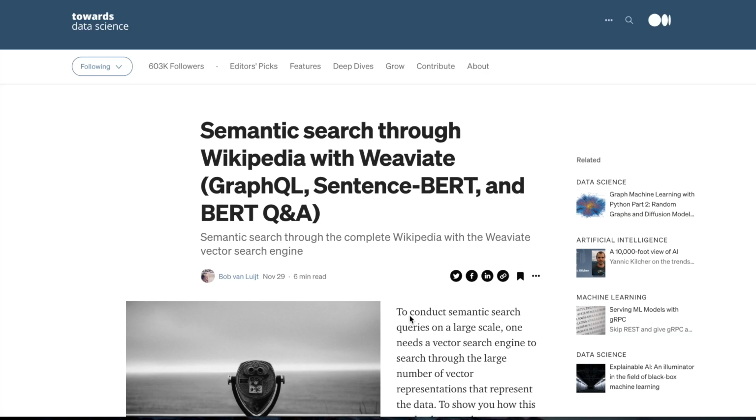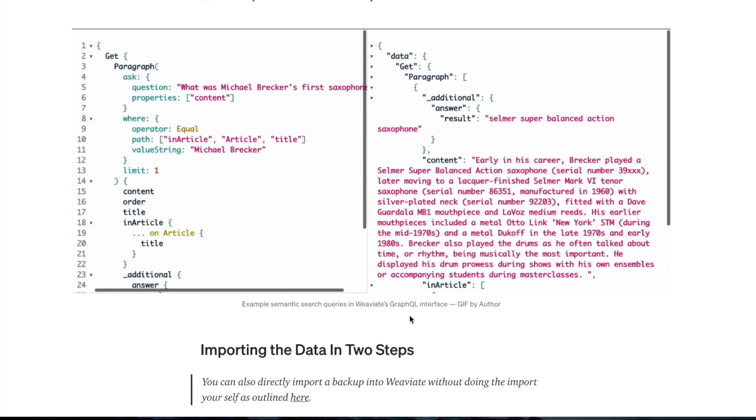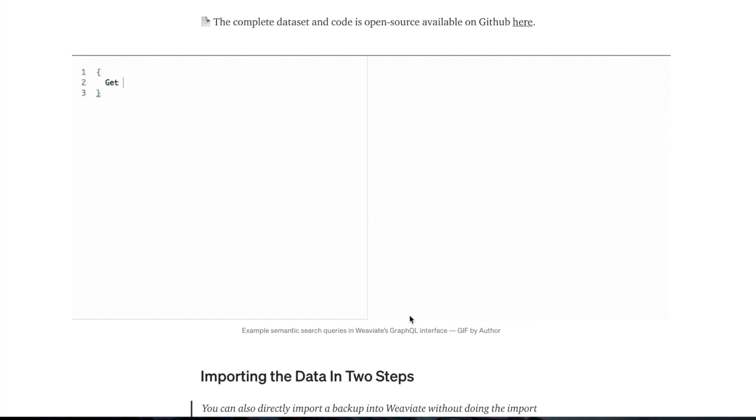If you want to know more details about how this web demo was set up and how Wikipedia was imported into Weaviate and the web demo was made accessible with the cloud runtime, please check out this article from Bob van Luijt, the CEO and co-founder of Weaviate, that describes exactly how this was set up and all these different kinds of details. So now what we'll be looking through is the GraphQL interface to query Wikipedia using the Weaviate